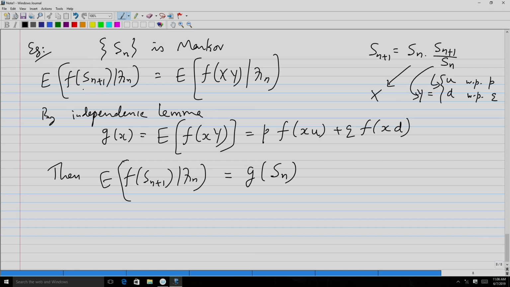So, whenever you encounter random variables which are neither measurable with respect to a particular sigma field nor independent, you try to find random variables x_1, x_2, x_3 and so on up to x_k, and y_1, y_2, up to y_l, such that some of them are measurable with respect to F_n and some of them are independent of F_n, and you try to express that particular random variable under consideration as a function of these k plus l random variables, then apply the independence lemma to actually compute. So, essentially what we are doing is computing the expectation in this manner, right.